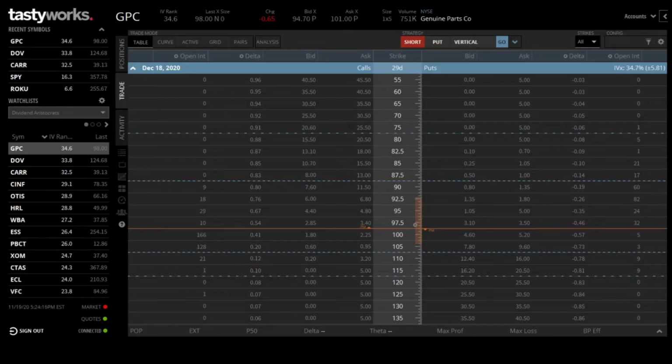Hey guys, so we're back on the Tastyworks platform. I wanted to show you this watch list under their presets. If you go to Dividend Aristocrats under the presets, it's their second drop down from the watch list. There's a lot of watch lists that they have, but the Dividend Aristocrats is one of my favorite ones now, because I used to use